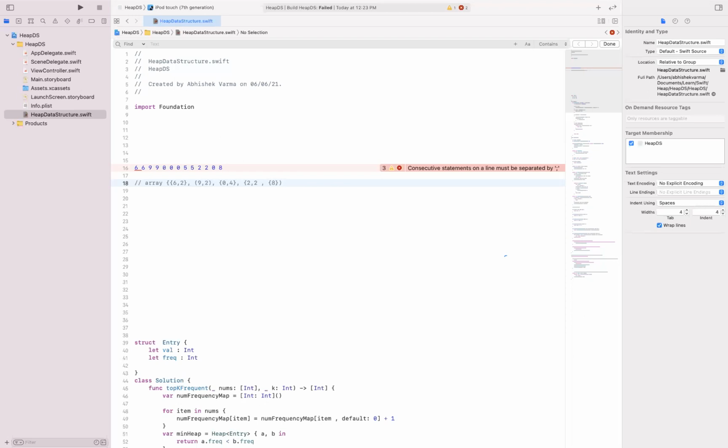But this is one of the approaches which we can at least discuss with the interviewer, so that we have some solution.